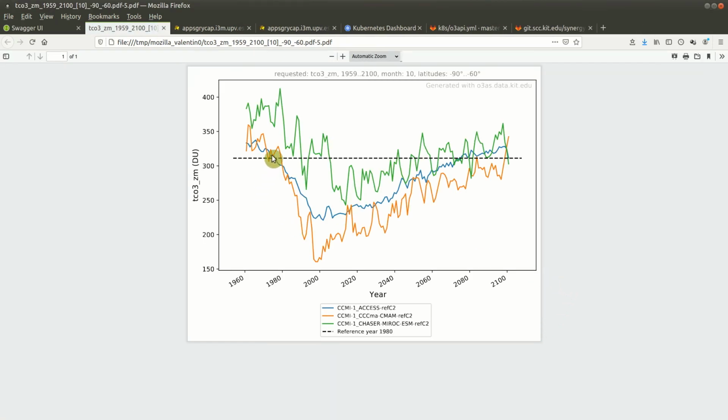And here we can also see the reference level for 1980 and find out that it will come back in that region in about 50 years from now.